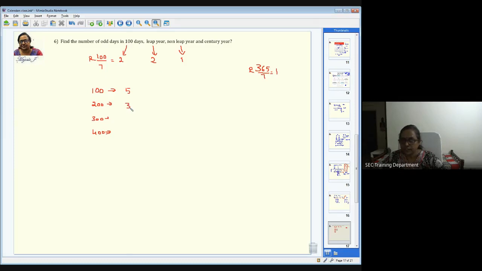Again, 300 is 3 plus 5 is 8. We can directly add because for every 100 years it will be 5. So 5 plus 5, I'm doing it as 3. Again, 3 plus 5 is 8. 8 by 7 is going to be 1. Then it's going to be 1 plus 5 is 6. But the 400th year is going to have one more day as a leap year. Because of that, you're going to have 7. Therefore, 7 by 7 is going to be 0. I told you to remember this also, right? So this is the answer for this question. And you have to write in detail that explanation, whatever is given there, those explanations have to be written for this problem. Okay.